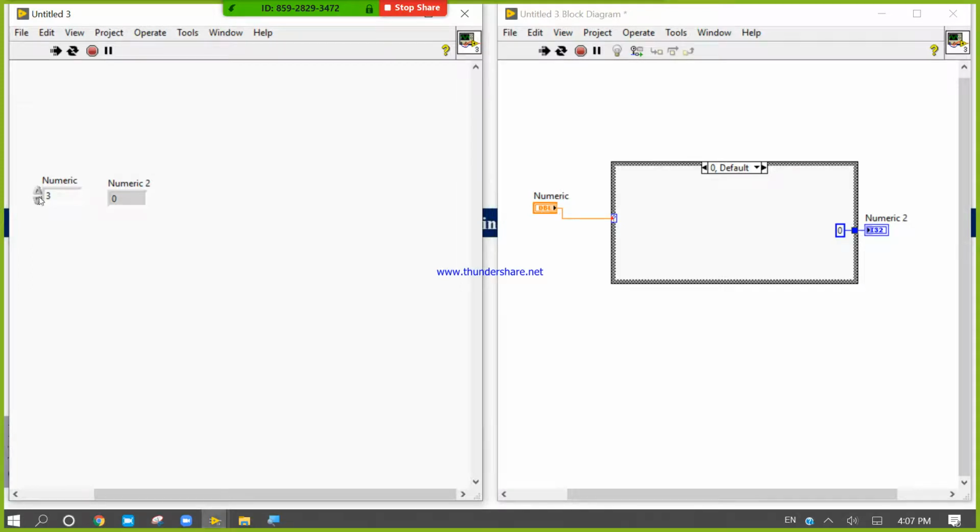If I decrease the value, then it will give me the correct output. So please design. When you are done, we'll see how we can use this more efficiently.